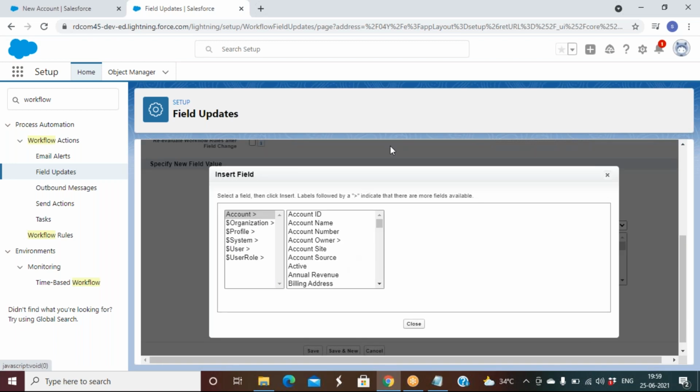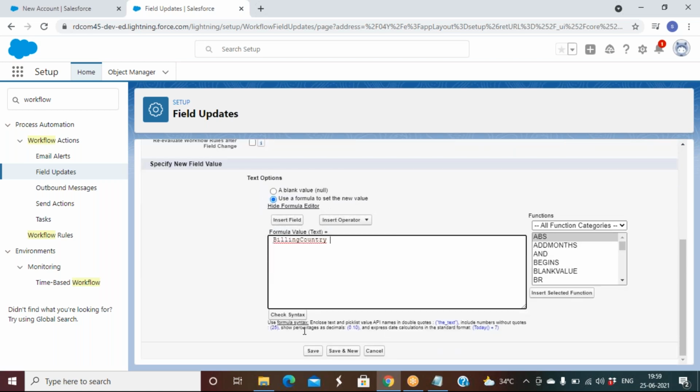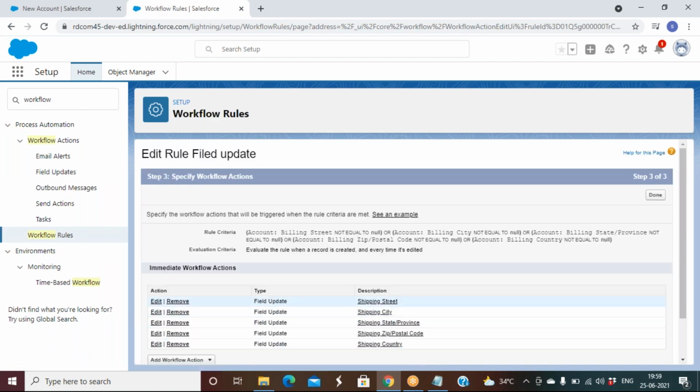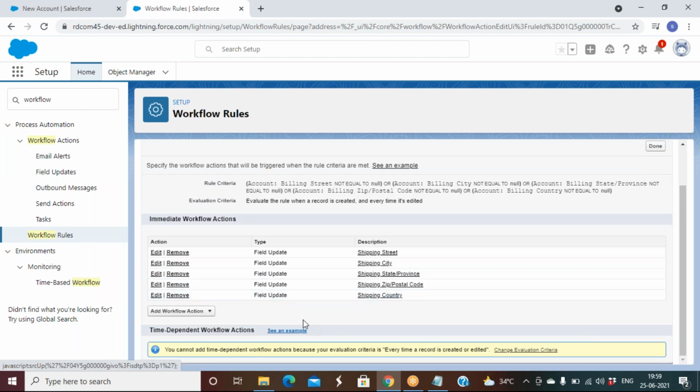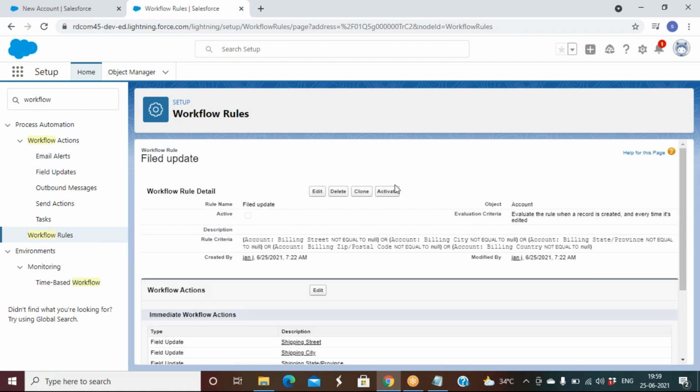Insert field, billing country. Save. Now we have written for all the fields, right? Then done. Activate.